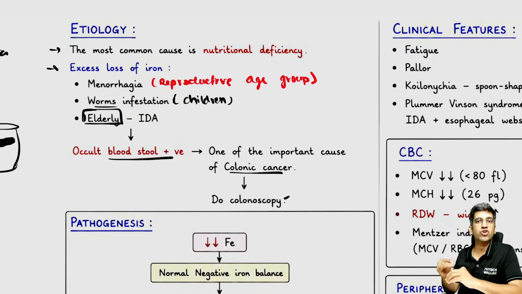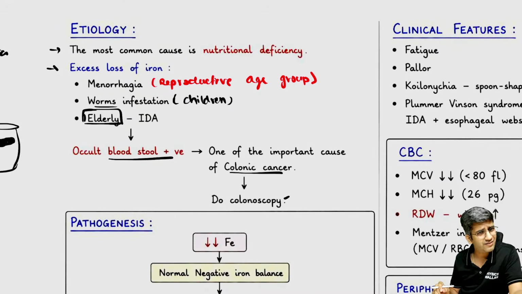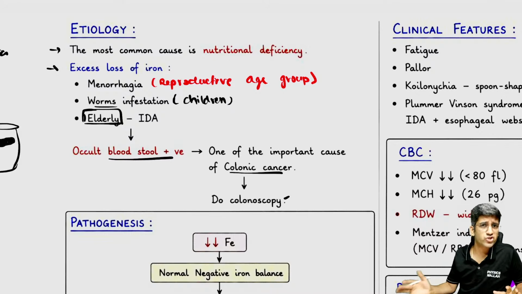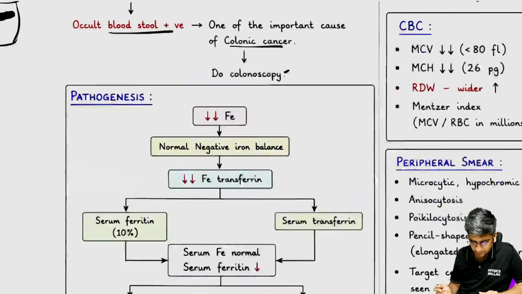If you want to score extra marks, you can also write mutation related iron deficiency anemia. Transferrin mutation is there, I'm not denying. Nephrotic syndrome, I'll have transferrin loss, is there, not denying. This will take care of almost everything. Extra points, you can write mutation related iron deficiency anemia also, right? You'll have a DMT1 transporter defect, that also is there, but not common at all, fine?